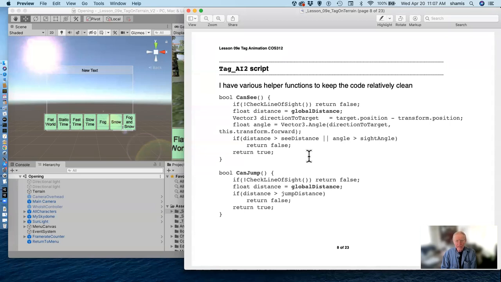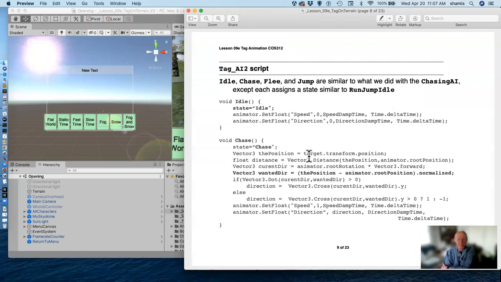Can see, again, the global distance. And this is that angle that we can see. And of course, can jump is if we're at the right distance to jump. So the idle, chase, flee, and jump